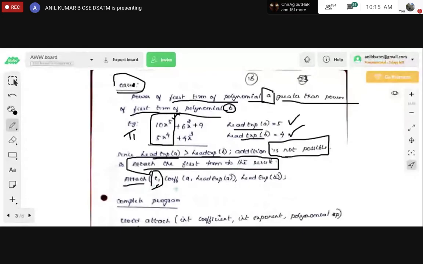So attach that first term as the resultant. Is it clear? Yes or no?